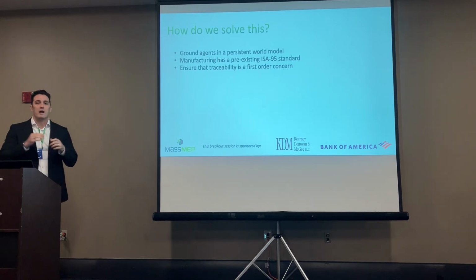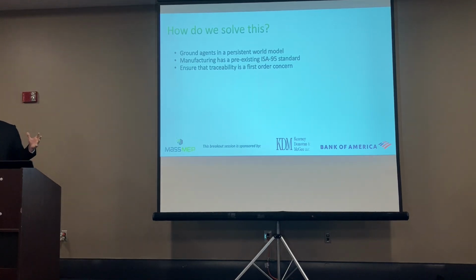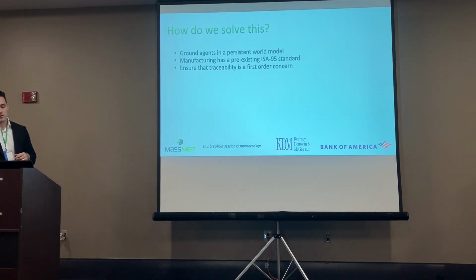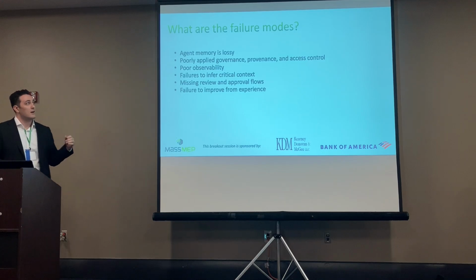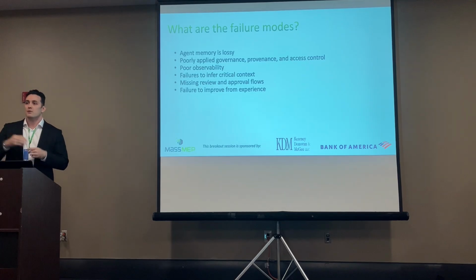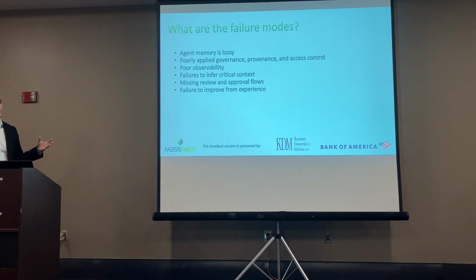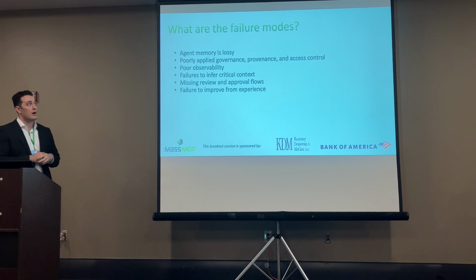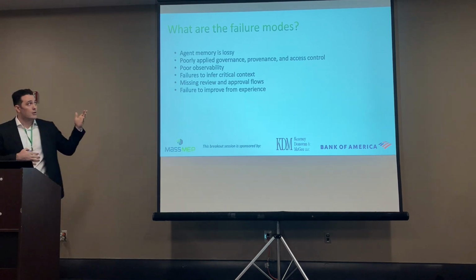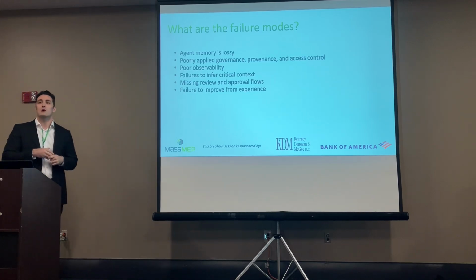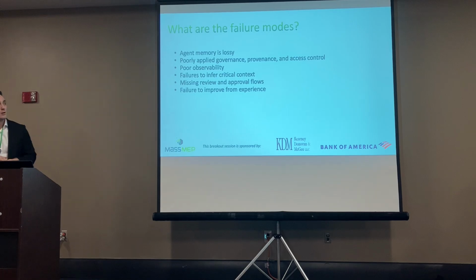And being able to ground an agentic system in a persistent world model of our operation will go a long way towards solving one. If you just rewind to this slide, inferring critical context, right? Now we no longer need to just try to figure it out on the fly how these things relate across our different systems of record. We develop one world model that the agent can ground itself in and query and understand from scratch. We can have a really strongly applied governance, provenance, and access control layer where we can see every action that was taken, what it relates to across every system of record.